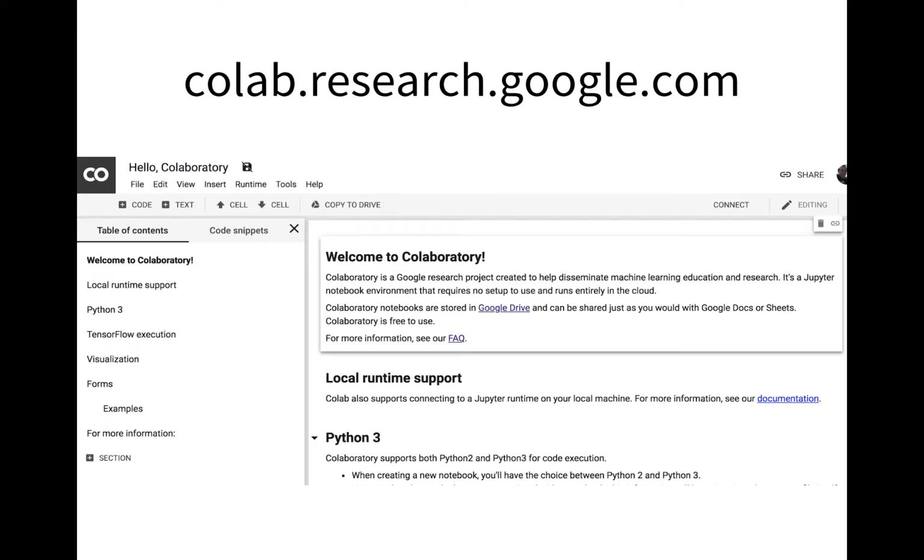The people that we work with at Jupyter don't love this approach because it's not the same open source project as Jupyter. So Google has taken their own little pathway. It's interesting because it's a way for us to share notebooks as well, and Google's giving a bunch of server space away for free.